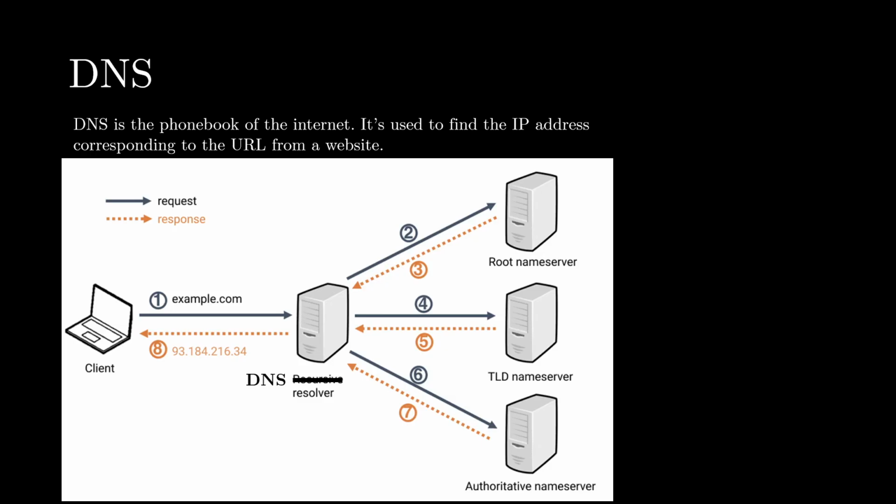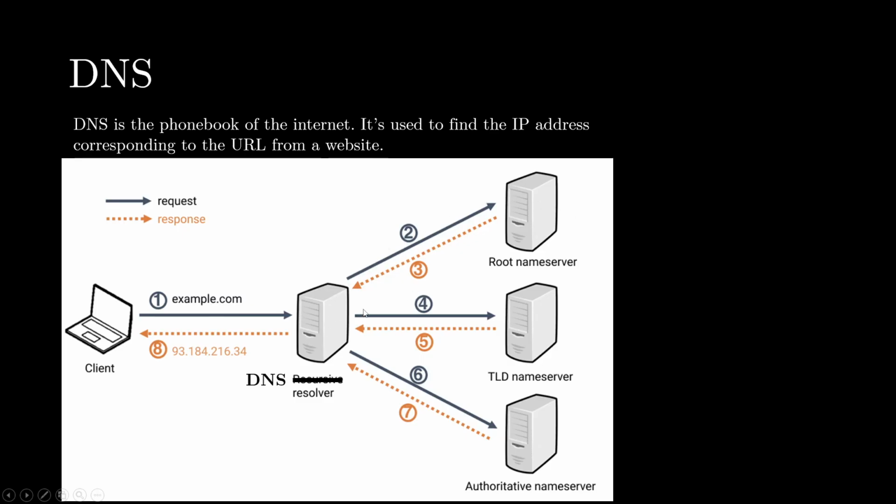We send the URL to the DNS resolver, then the DNS resolver sends it to the root name server, which only knows about these last parts, right? Which is like the roots. It only knows .com, .org, or .co.uk, stuff like that. And then, given this root name, we send back the name server. So in this case, for example.com, we send the .com to the root name server, and then it sends